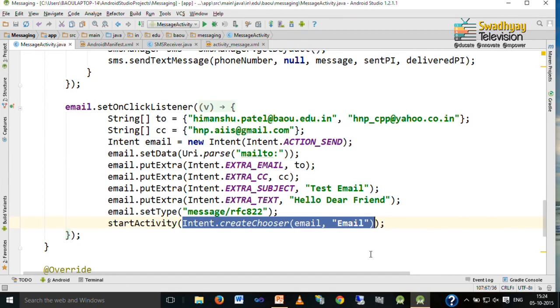So, whatever number of applications are available is shown to the user, and the user can decide which application he wants to use to send the email. So, this method actually executes the intent and asks the user to choose from available options for sending email.